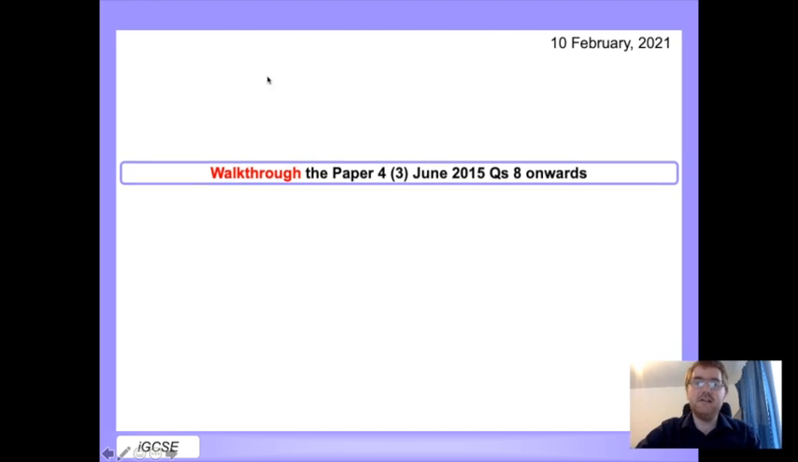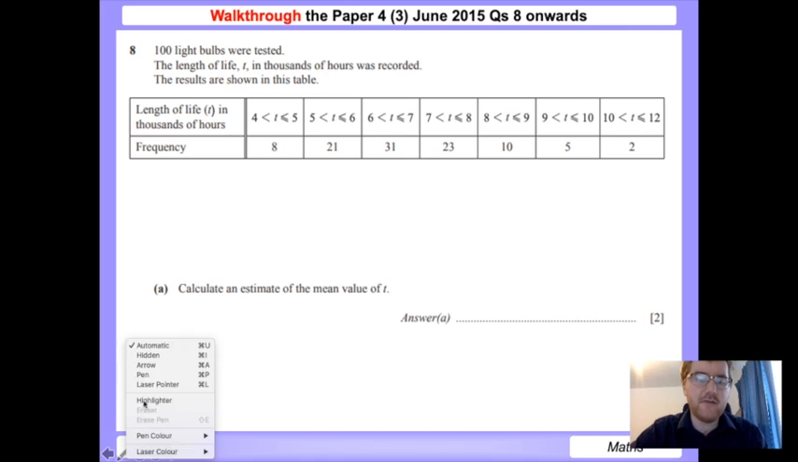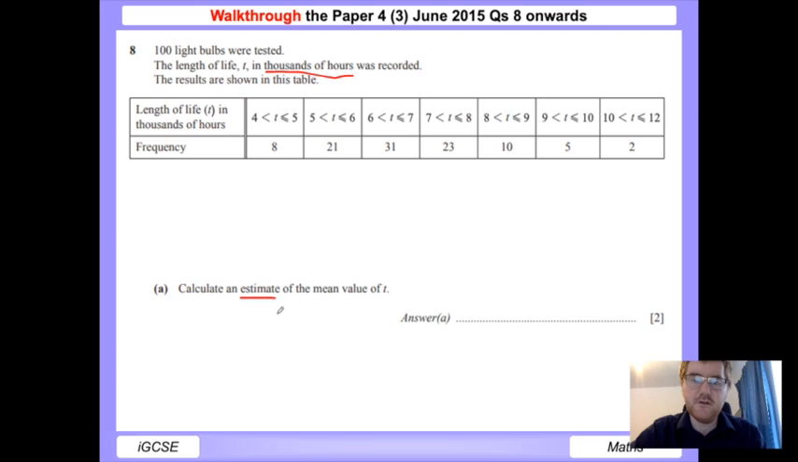So let's continue on. So let's see what question 8 has in store. And we have a cumulative frequency question. So 100 light bulbs are tested. Now the length of life in thousands, that will become more important a bit later on, worth underlining the key information, and we're given the table here, a grouped frequency table, and we need to find the estimate of the mean. Okay, in order to do that, we need to find, first of all, the midpoints of our categories of